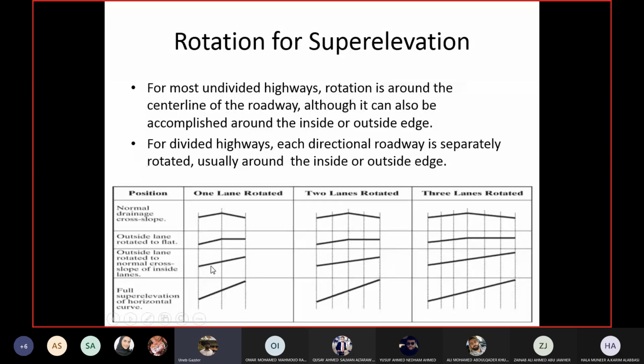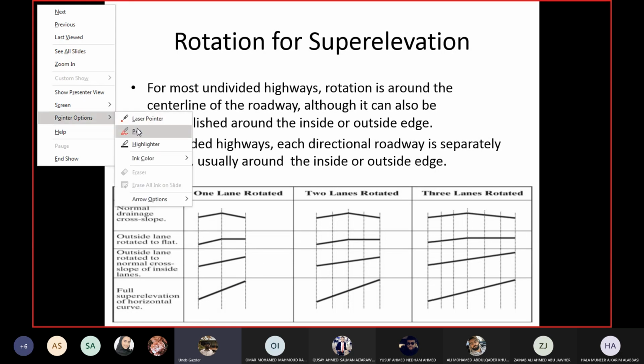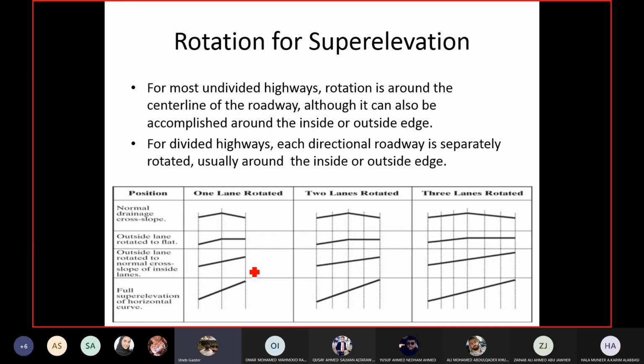But if, which will be the case, the normal slope is not equal to super elevation, then you will have to further raise both the lanes, or further change the slope of both the lanes to acquire the super elevation. So from here to here, from third to fourth, what is happening? If it is around the center line, I am raising this edge, and I am lowering down this edge, so that I can achieve a higher slope.